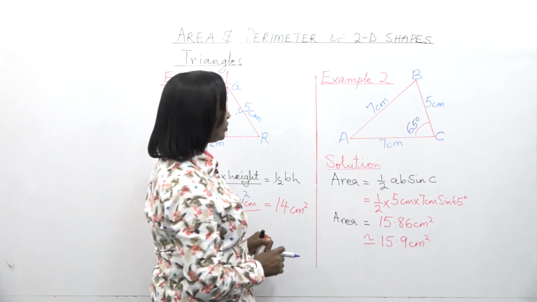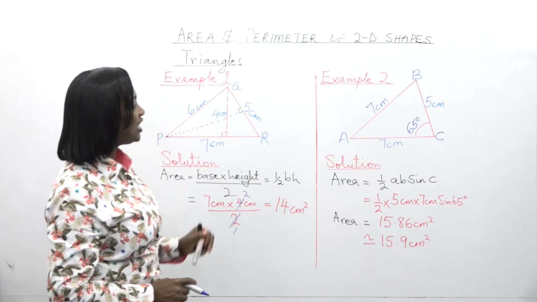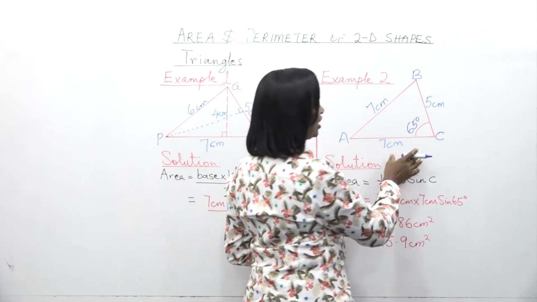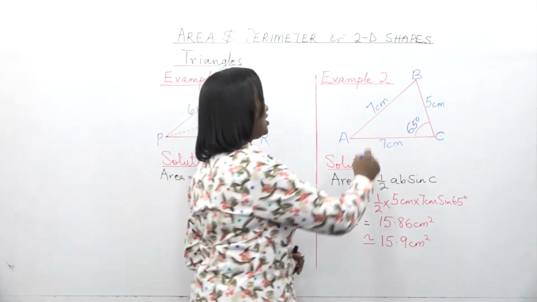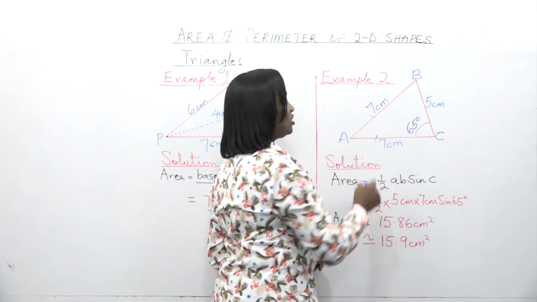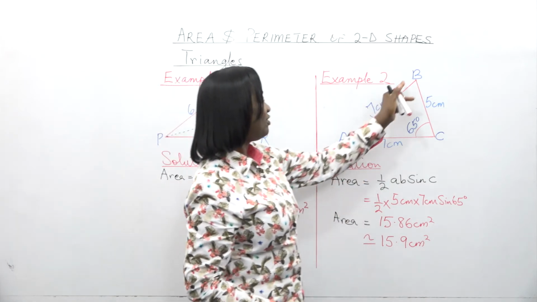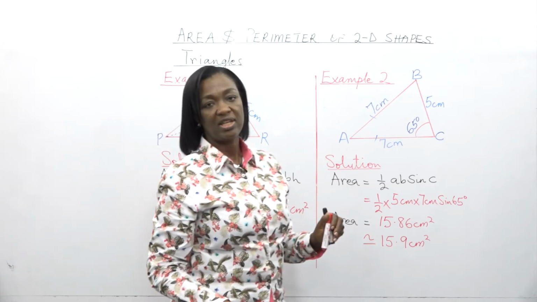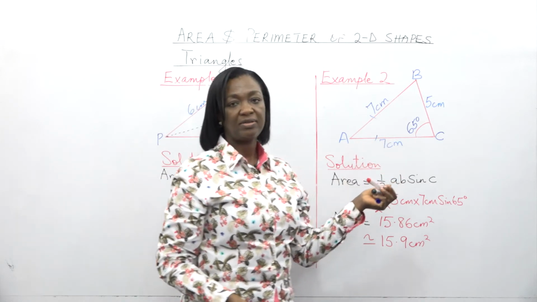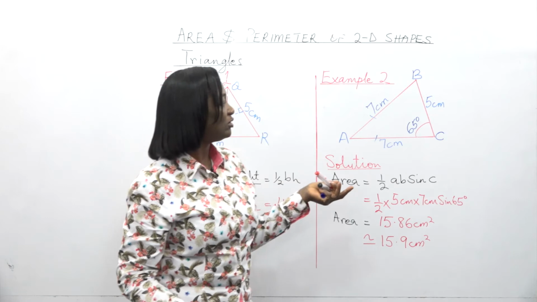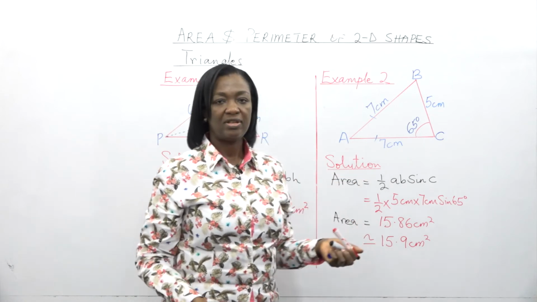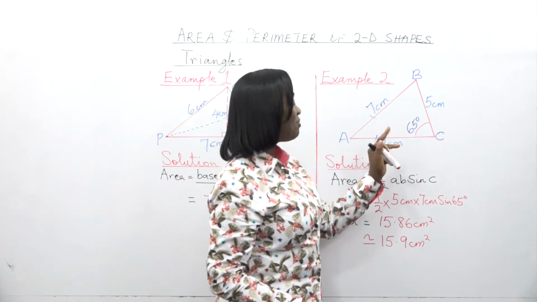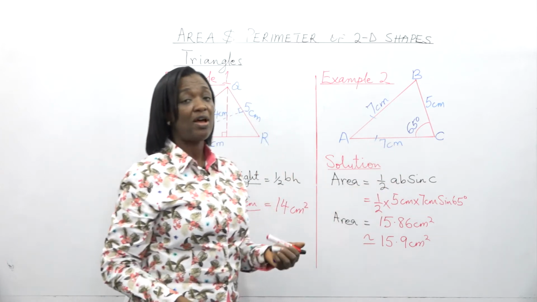Example 2. 7 centimeters is the length of AB. AC is also 7 centimeters. So that tells us that this is an isosceles triangle. And we have 5 centimeters as the length of BC. But we don't know any height. It's not a right angle triangle. No height is given. In this case, we have to use half AB sine C as a formula for finding